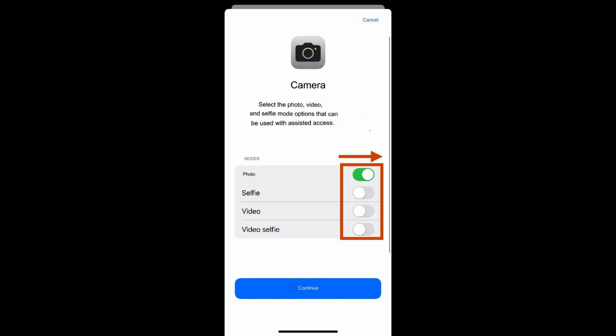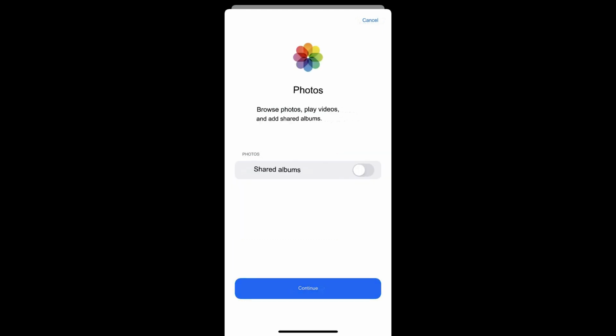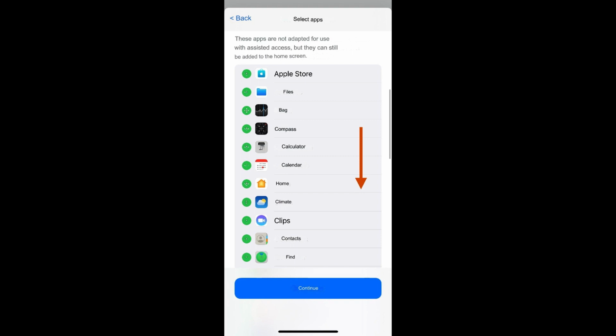In the Camera app, you will be able to choose what photo modes the user will have access to, and in the Photos app, you can choose whether they can access shared photo folders. Tap on the blue Continue button, then scroll down to add apps that have not been optimized for assistive access